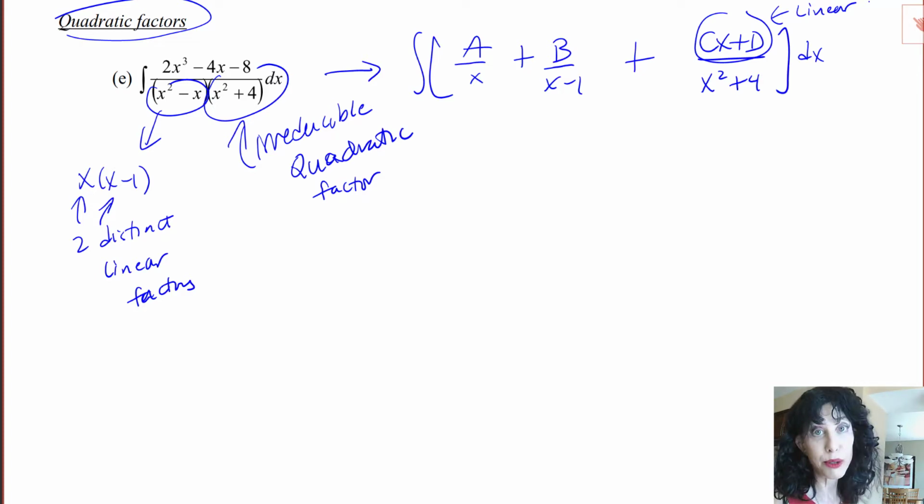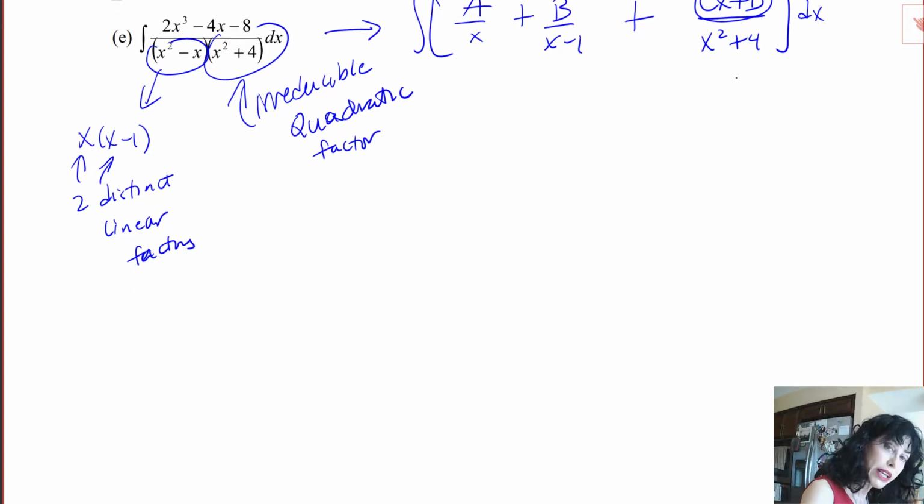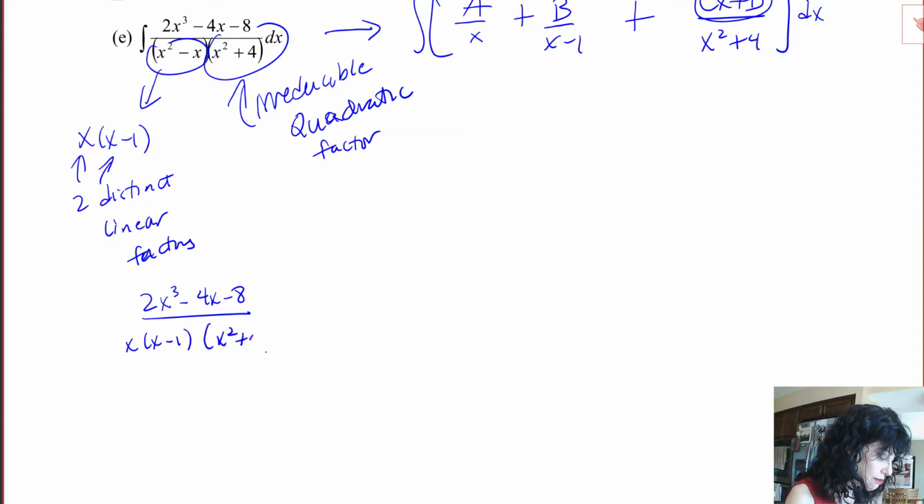We have 4 unknowns we're going to have to find in this problem, a, b, c, and d. So yeah, it's going to be pretty intense. A lot of algebra. So we can't even do the calculus until we've done a lot of algebra. So we're going to get the basic equation like we did on all the previous examples. So we're going to start by taking a look at this integrand where the denominator is fully factored,